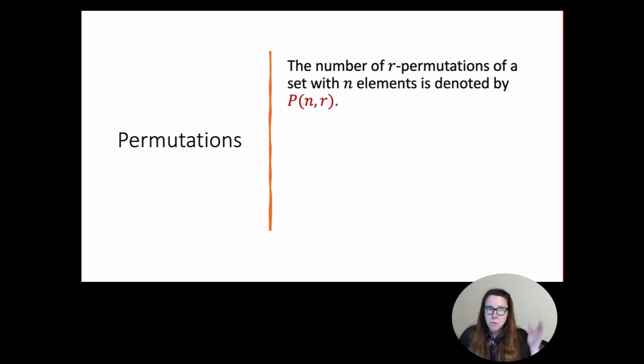The thing that we're talking about is not really permutations, right? We're talking about counting. And so the thing that we care about is the number of these permutations. If I talk about the number of R permutations, that can also include permutations of the whole set. In this case, if I have n elements in a set, then a standard permutation is an n permutation. I'm going to take all the elements and I'm going to permute them. Okay, and so the reason that this matters is